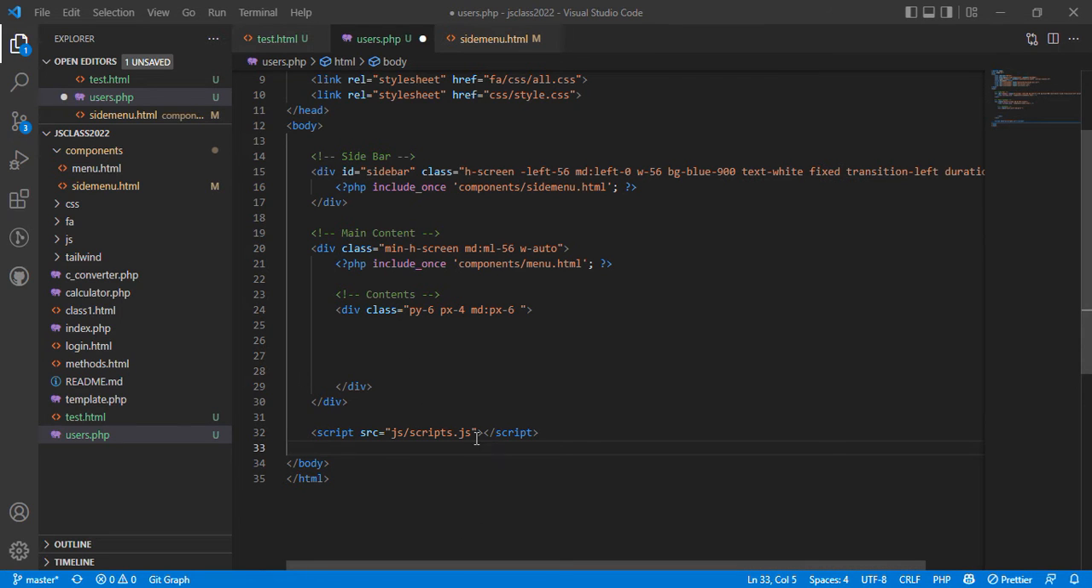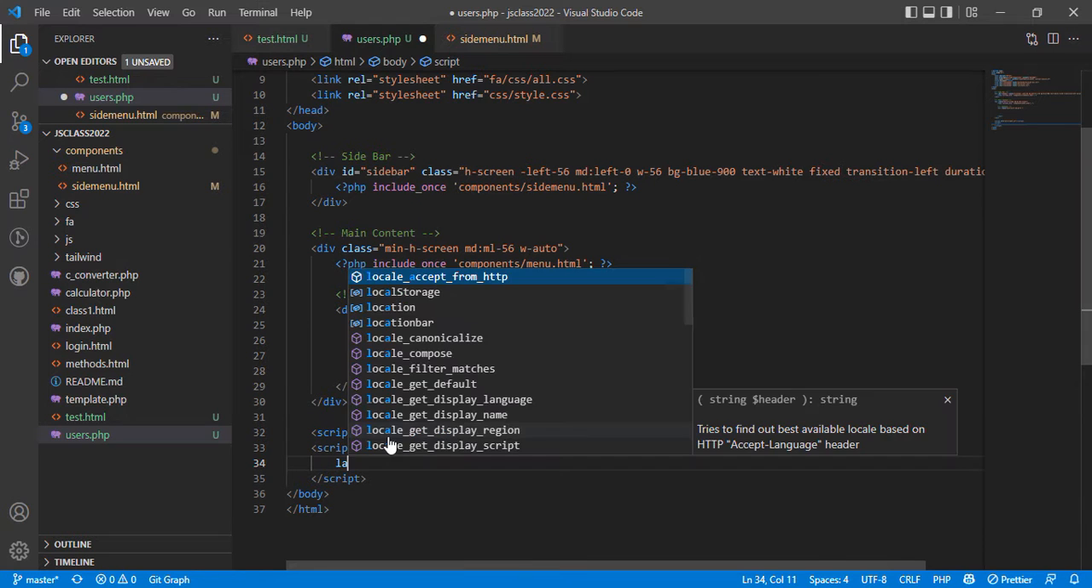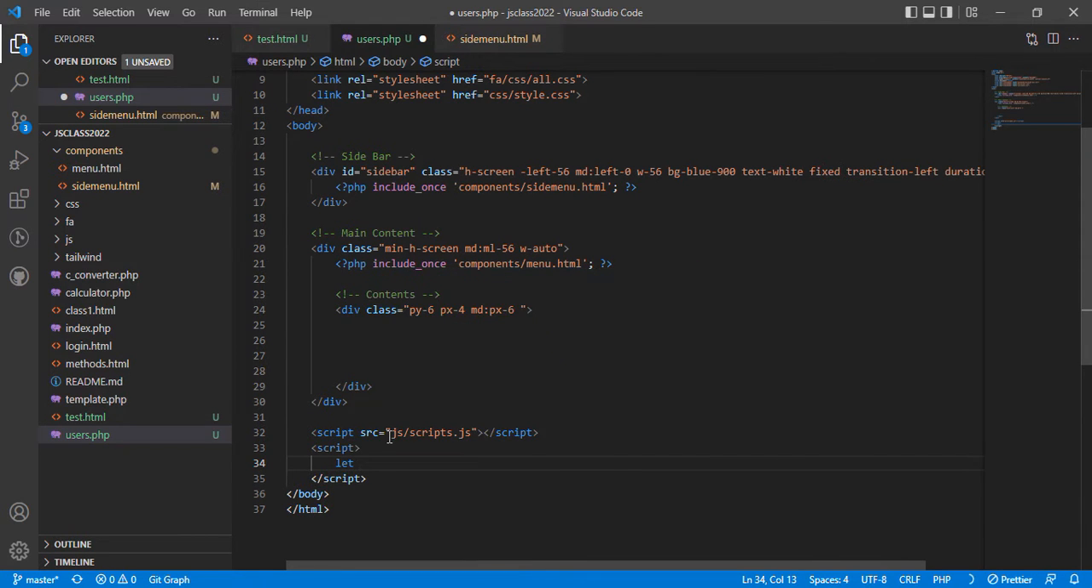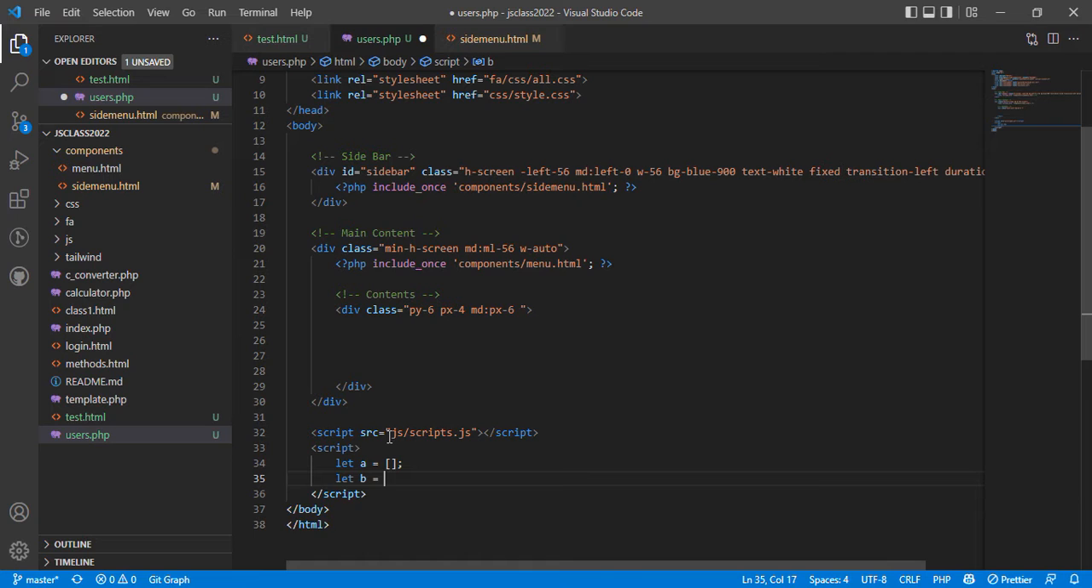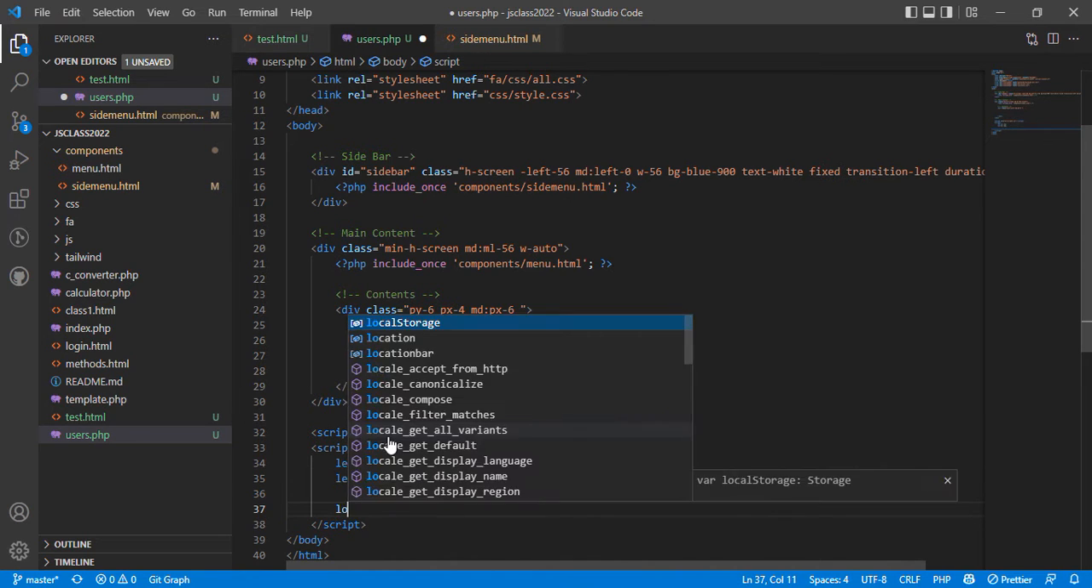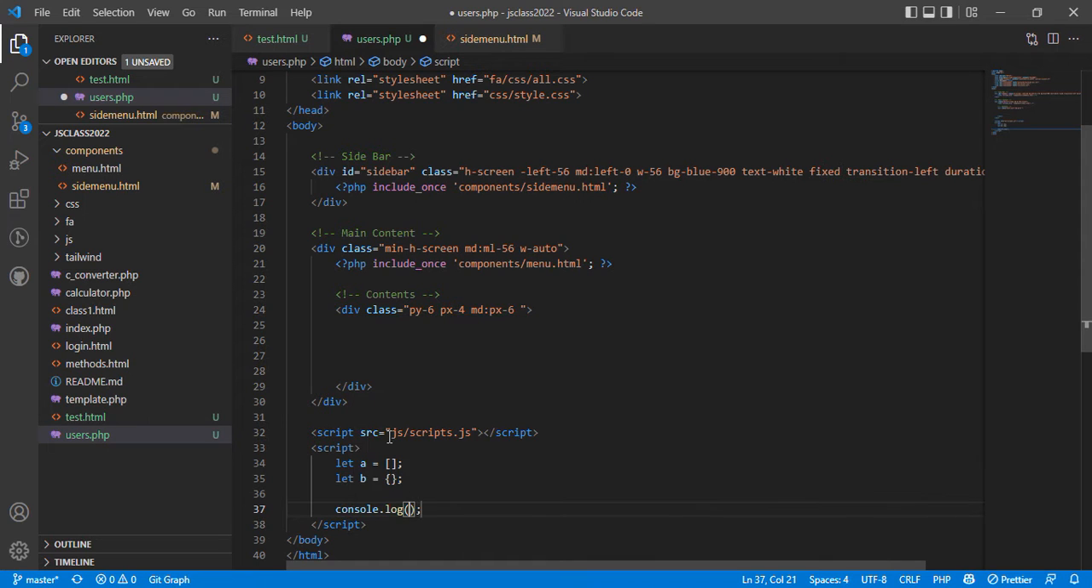So now I'll just open the scripts. Now on the script, let's first of all try what I've showed you before. Let's say we declare A as square brackets like this, and we declare B as curly brackets like this. Okay, so if we are to log both of them, let's say I log A